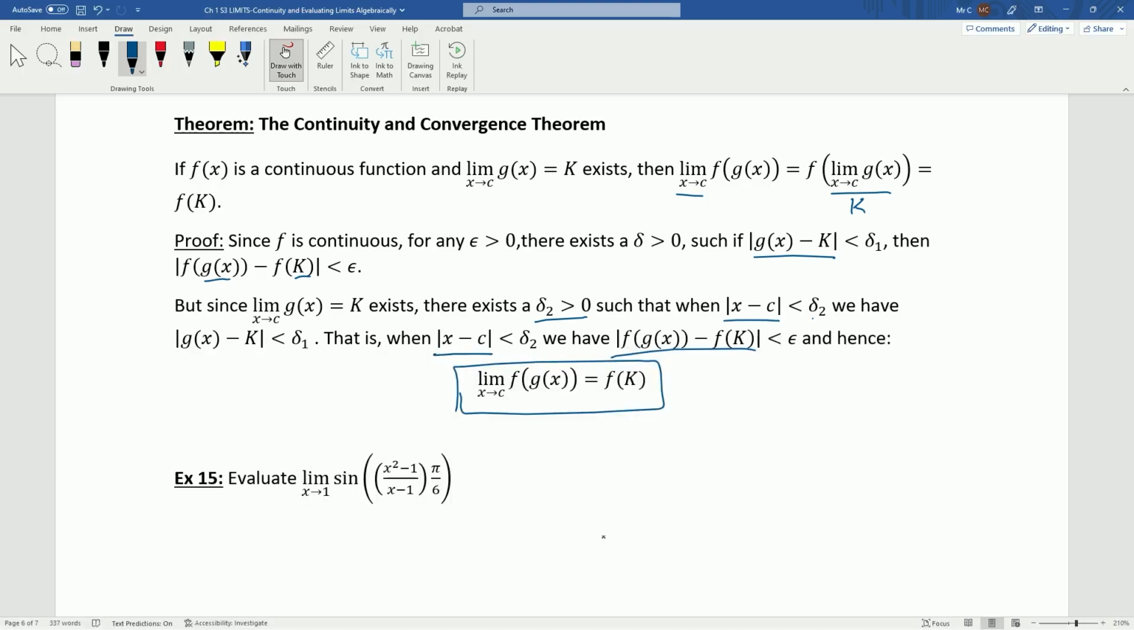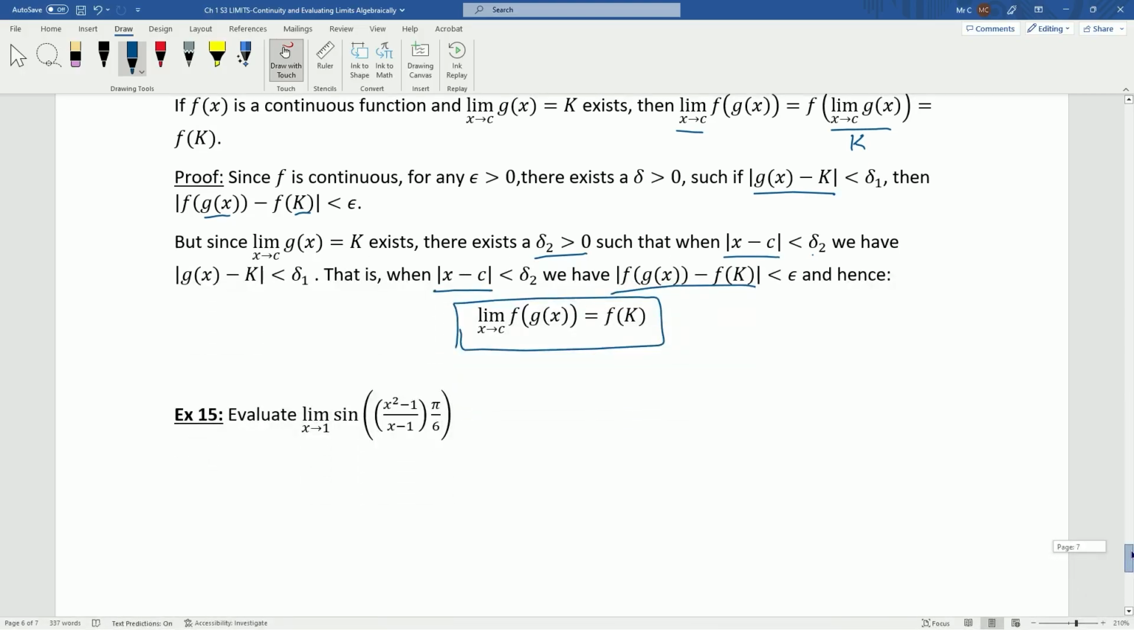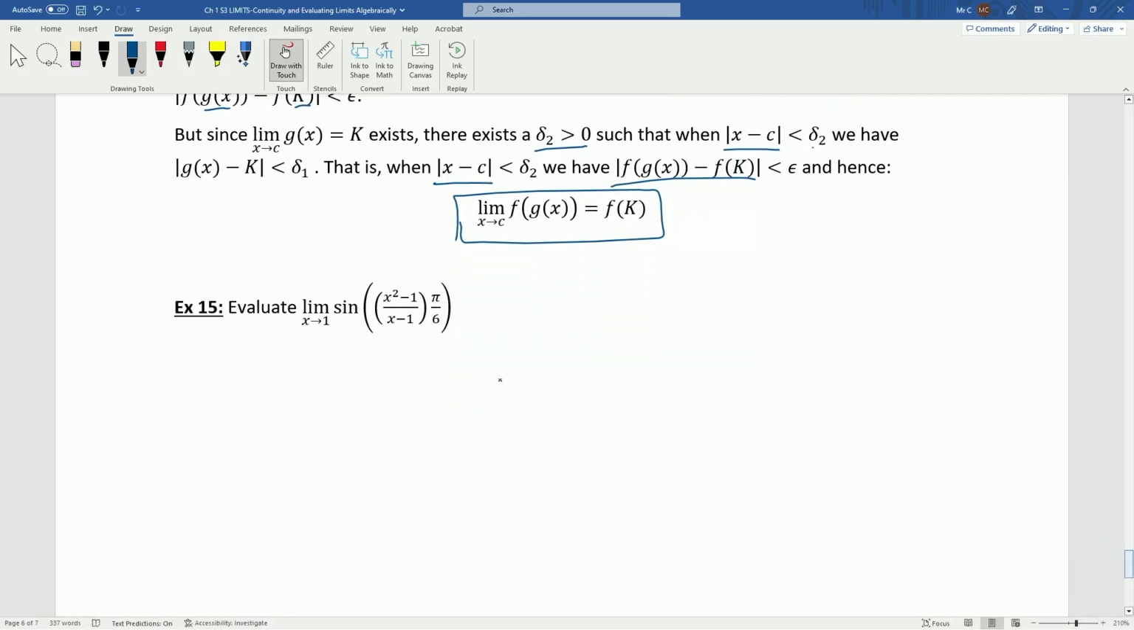Okay, so you might want to pause that and look back at it and take a few minutes. But I'm going to go ahead and continue on. If you want to pause, go ahead and pause. We'll just go ahead and take a look at one example using this. So evaluate the limit as x approaches 1 of sine of (x squared minus 1 over x minus 1) times pi over 6. So sine is a continuous function everywhere, and so when I use the continuity and convergence theorem,